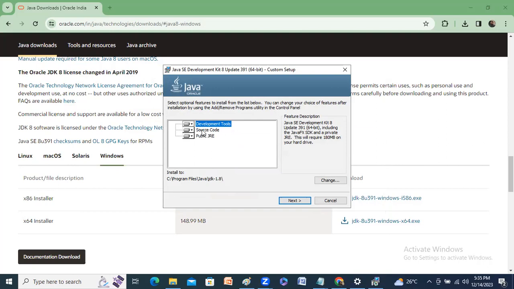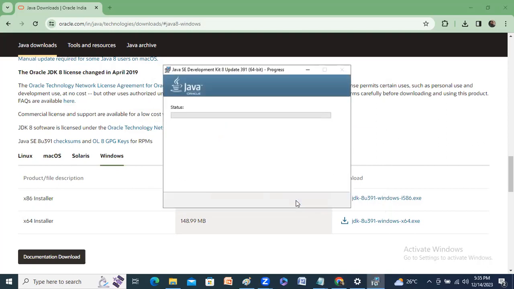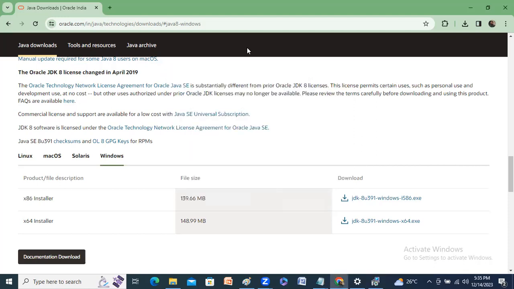Then automatically the development kit is downloaded. Then you have to select next. So this is the way of installation. Okay, it's going on with that process. Then you have to choose,